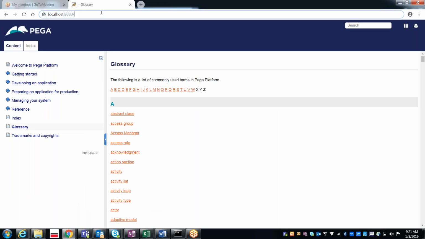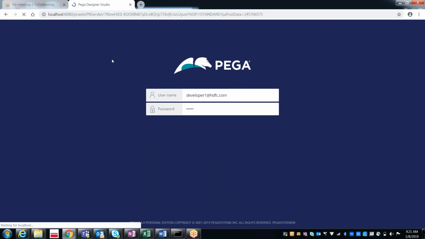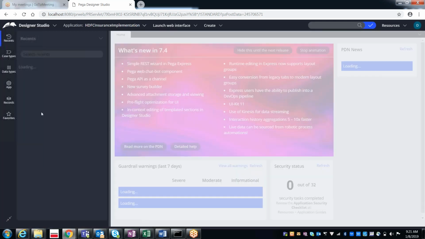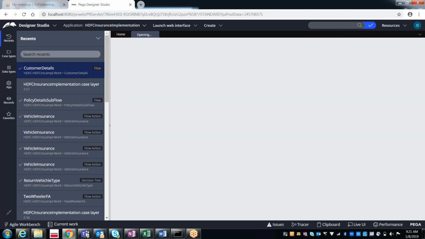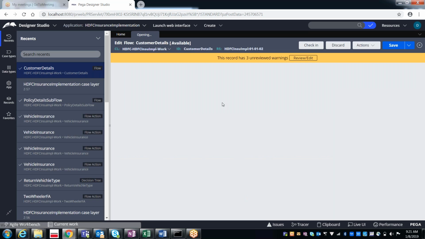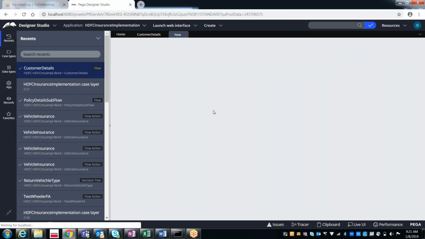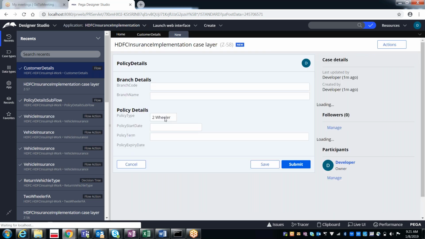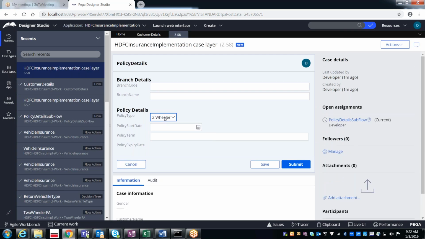let me open it from Chrome. Two-wheeler only.